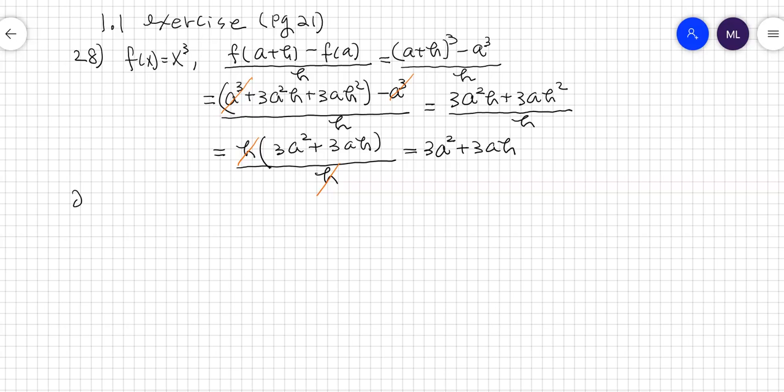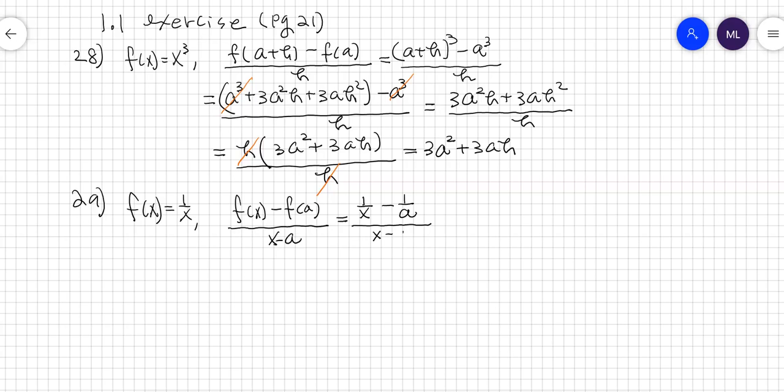Number 29, f of x is 1 over x, and they want you to evaluate f of x minus f of a over x minus a. So f of x is simply 1 over x, f of a is 1 over a, over x minus a. Now the common denominator is a times x, so that is a minus